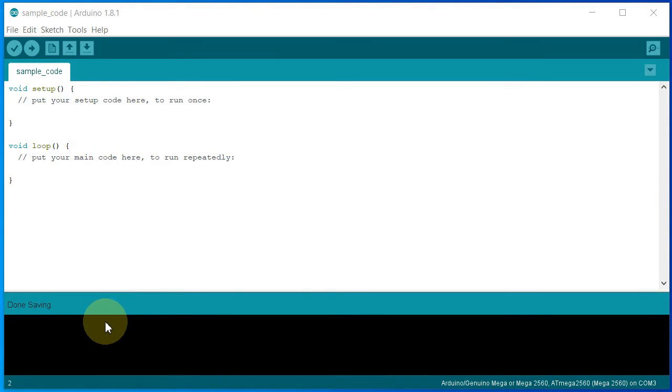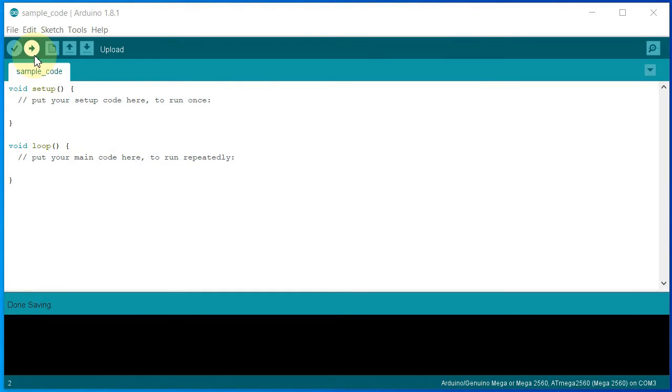So here we can see what mistakes we have made in the code, and we can easily go and correct the particular error. One more duty it does is compiling. That is, the human language is converted to machine language while compiling. So both verification and compiling are done with this one button.